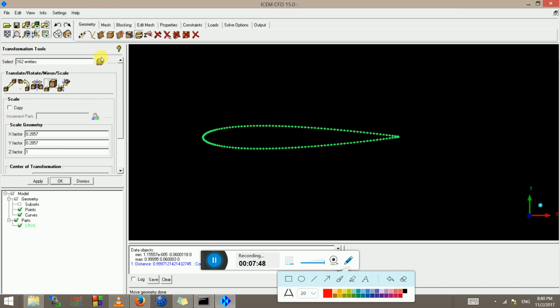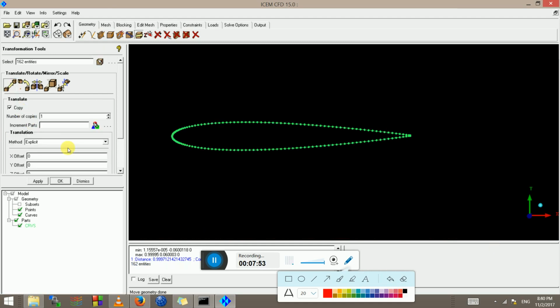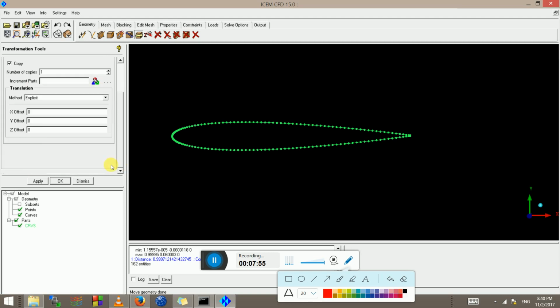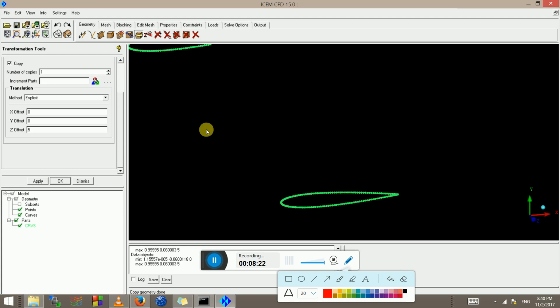So I'm going to select all this stuff again and do a translate with a copy, saying that I want it to move in Z direction, so basically in this direction. So the arrow is in this direction, so it's +5. If I wanted it to go this way, I'll do -5. So click apply, and there we go. That's an aspect ratio 5 wing. Okay, so